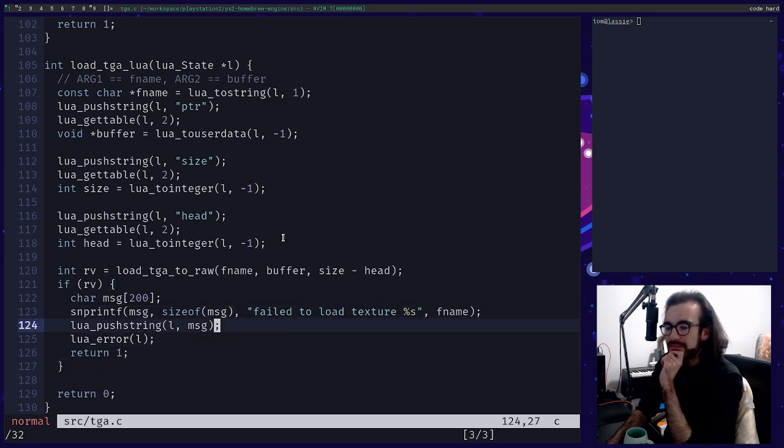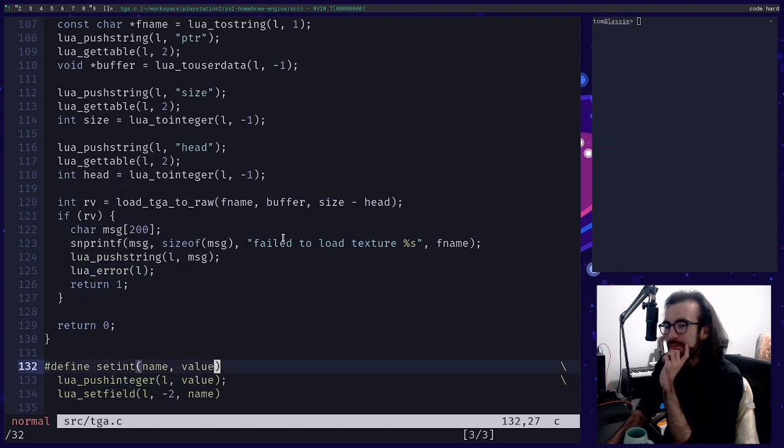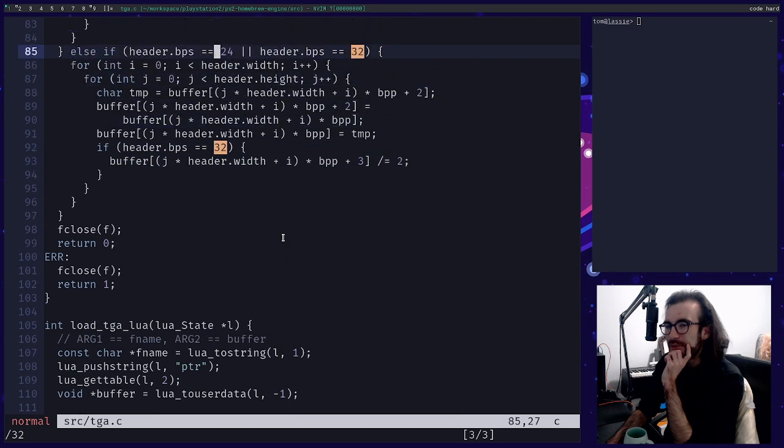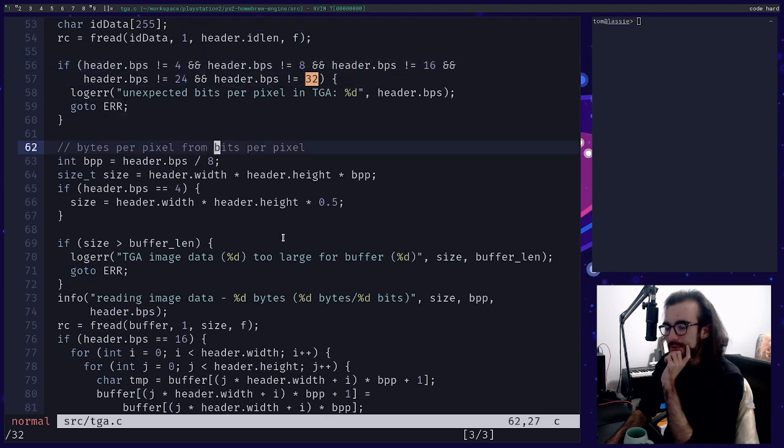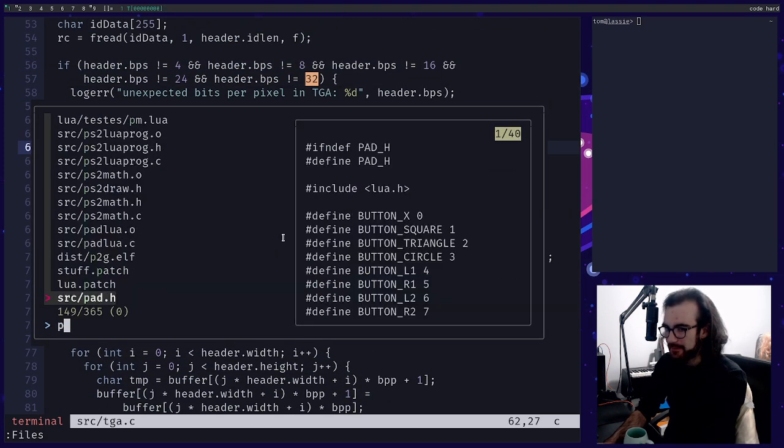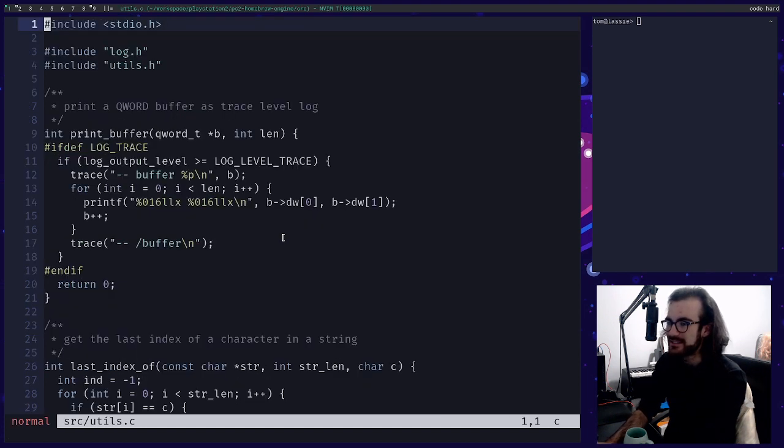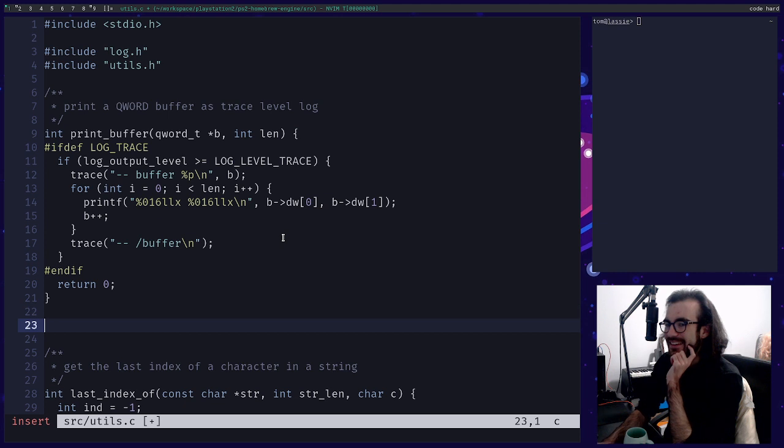Can I just dump the buffer somewhere? That would be cool, right? Where's my print buffer function? Somewhere in utils, right? Everyone's favorite general purpose file.